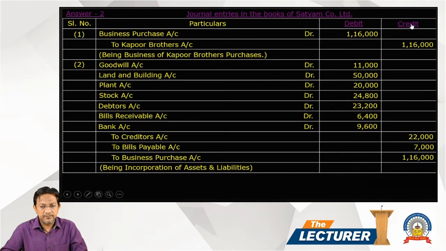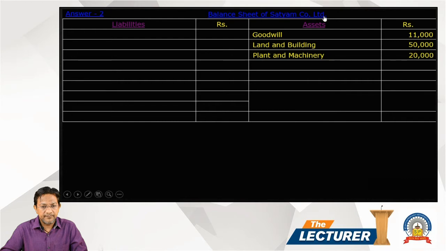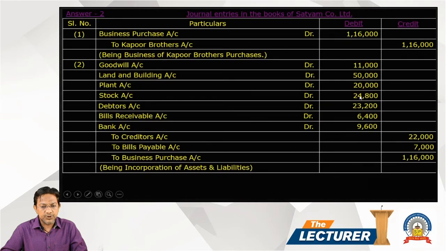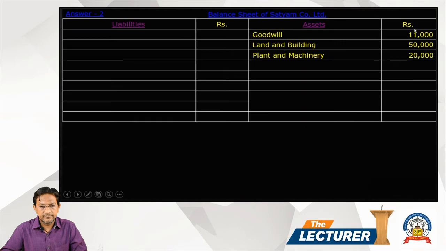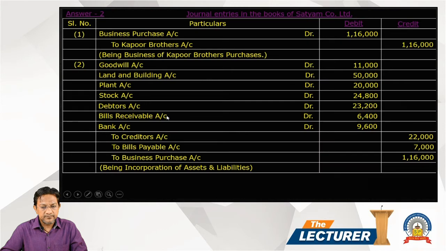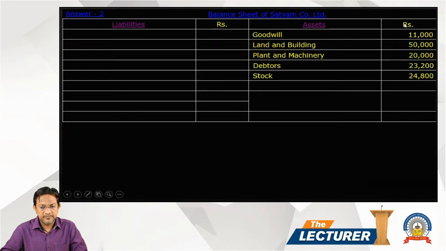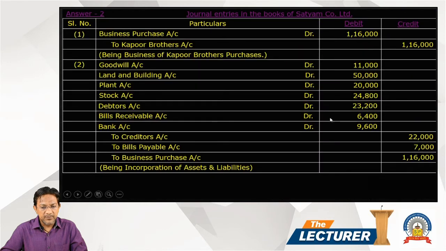Then plant 20,000. Then stock 24,800. And debtor 23,200. Then bill receivable